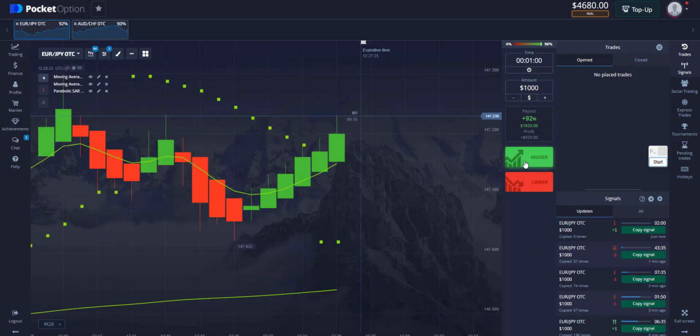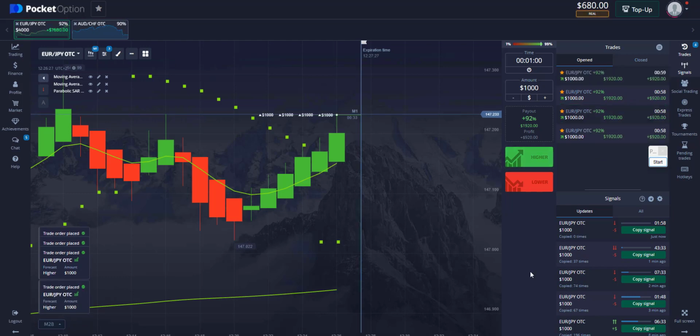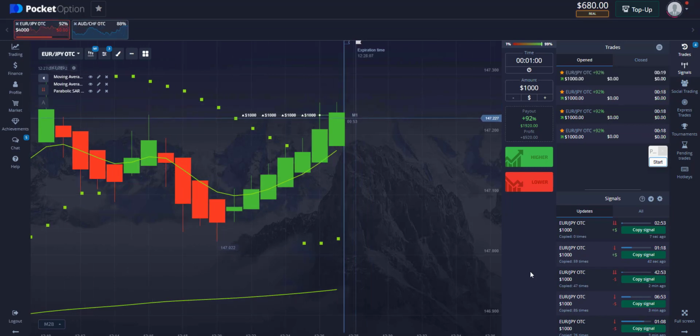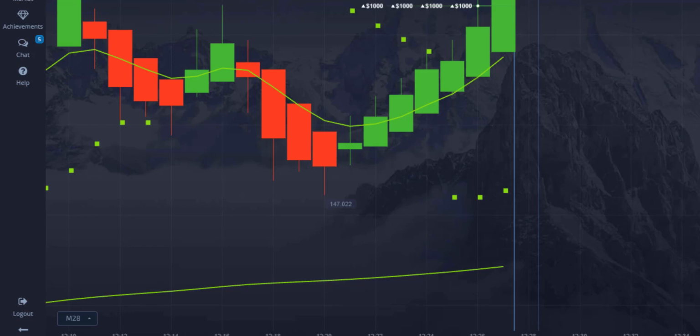Here also you can see a moving average stuck below the candle and the market is in the direction of higher, and the parabolic SAR indicator has 2 single points, and this is an indication that the market is in its infancy towards going higher. The trades have been closed successfully. My balance is